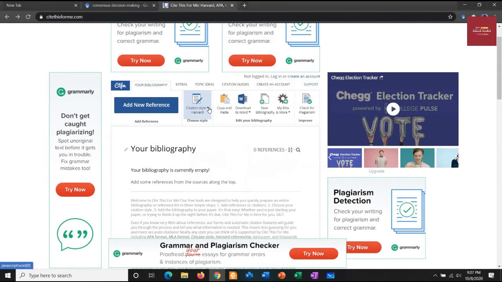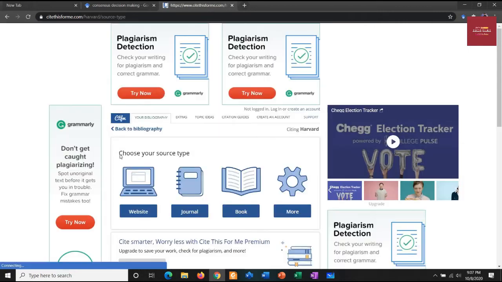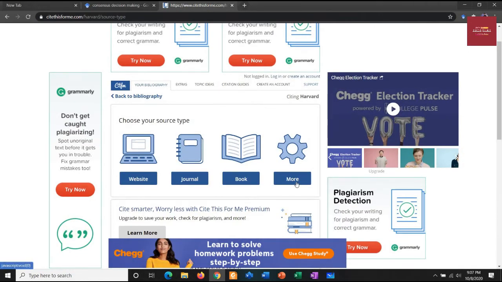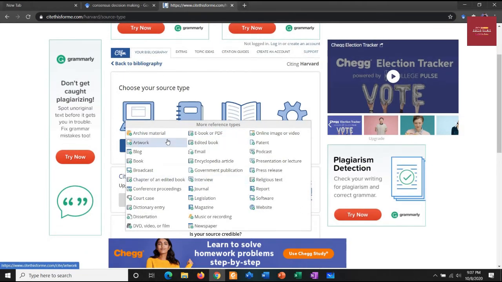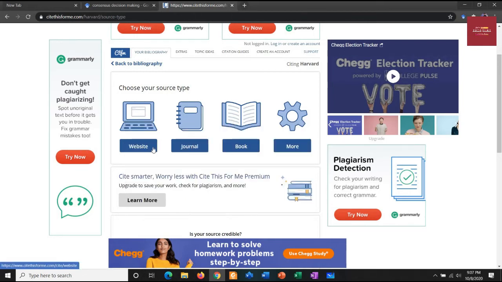Normally most of the institutions look for the Harvard citation, so I think Harvard is going to be just fine as it's going to be auto selected. But still, if there is a new type of citation technique that your institution supports, then you can use that. It's no problem. So you're going to click add new references, and then you have website, journal, book, and more. In more, you're going to see lots of other types of sources that you can use to cite your articles or your writing.